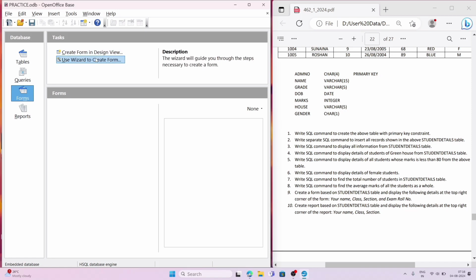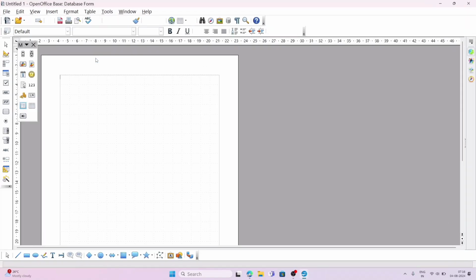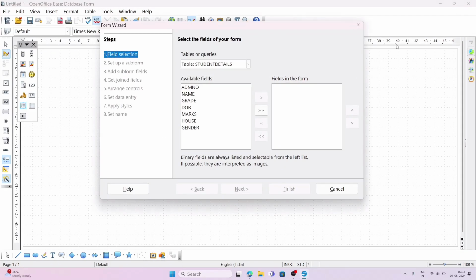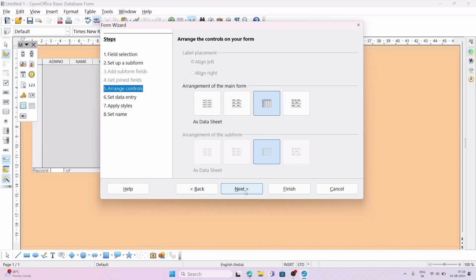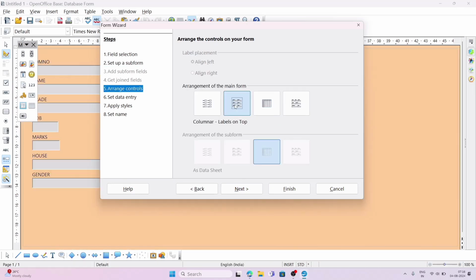use wizard or design. If you want to modify it yourself, you can take design, otherwise wizard. So we'll take here all the columns. Our table is already selected because we already have one table. Then we'll go to next. Subform we do not require, again we'll go to next, and here we have options how we'll take. This way we'll take, this way,